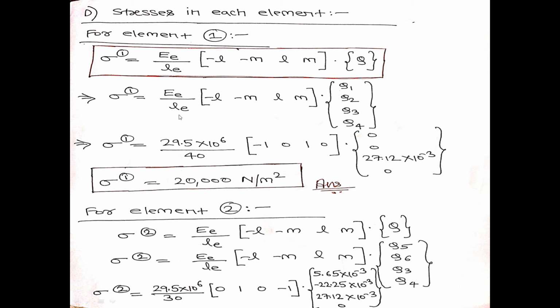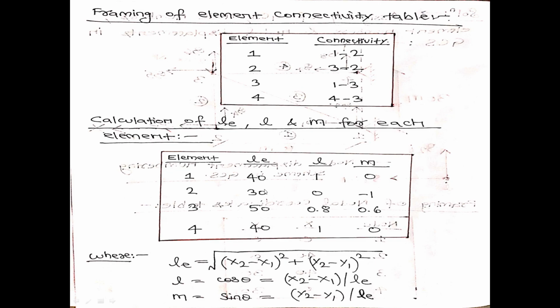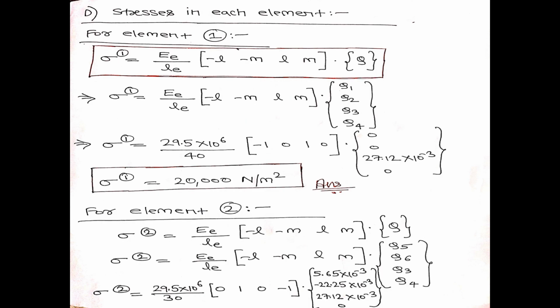So if I am interested in finding out this stress value for element number 1, then I have to substitute the value of modulus of elasticity. And since in the given problem for all the elements, modulus of elasticity value is same, that is nothing but 29.5 into 10 to the power 6 Newton per meter square, divided by Le for the first element. We have already found out in the very first step, that is Le for the first element is how much? 40 meter. So 29.5 into 10 to the power 6 by 40 into